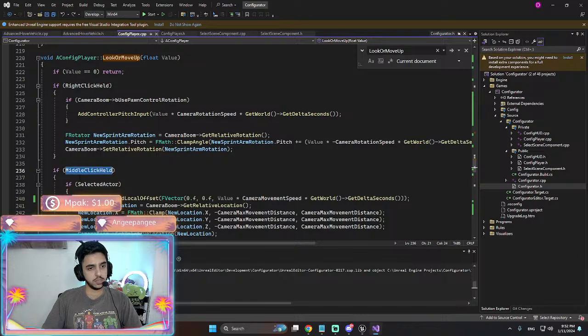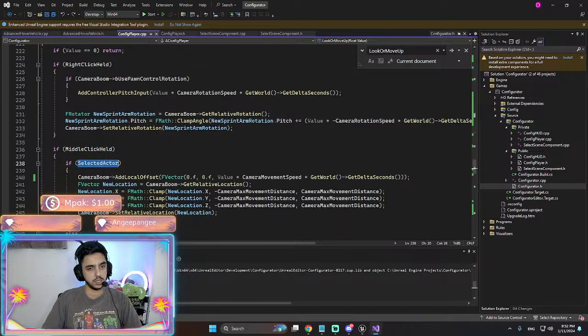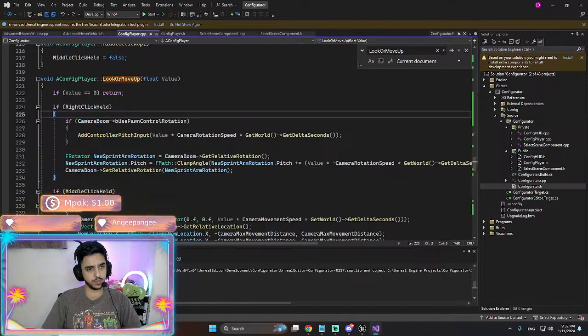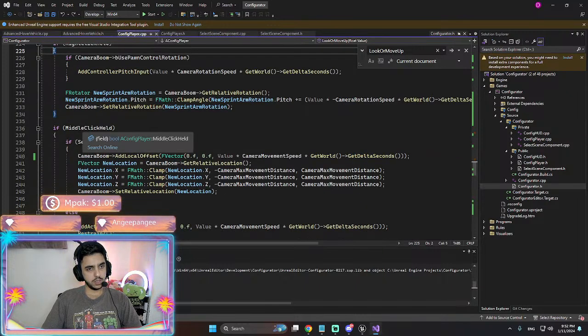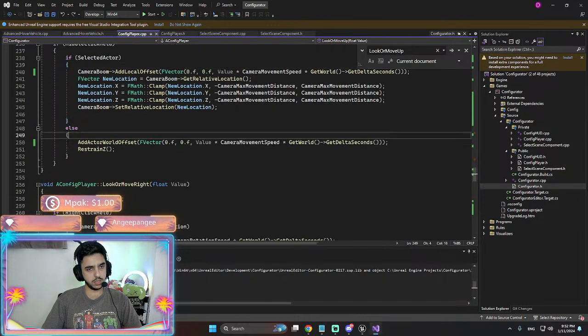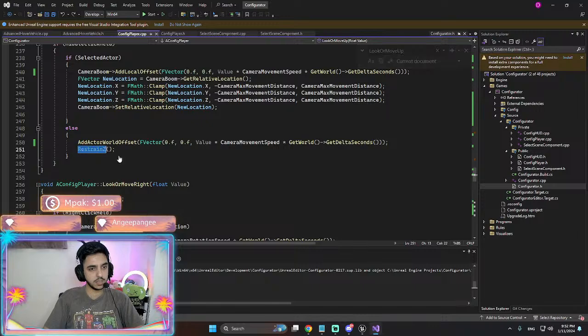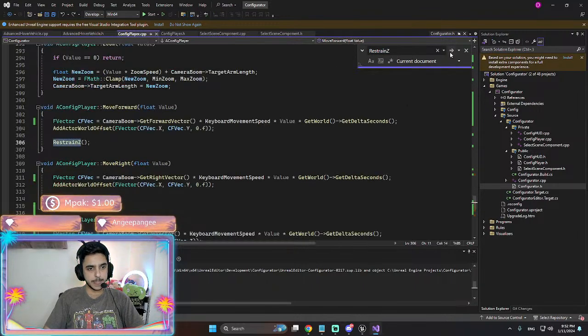This is when the actor is selected, otherwise control pitch input. Middle click held, selected actor, otherwise. Oh, restrain Z. Nah.